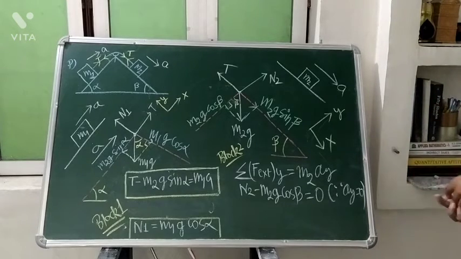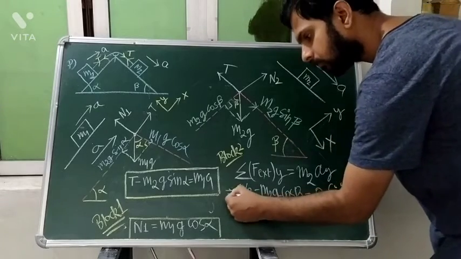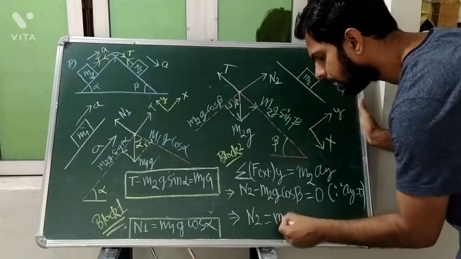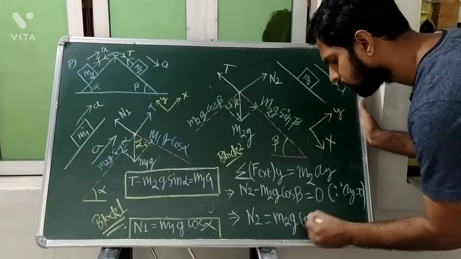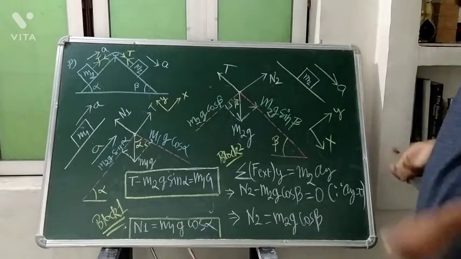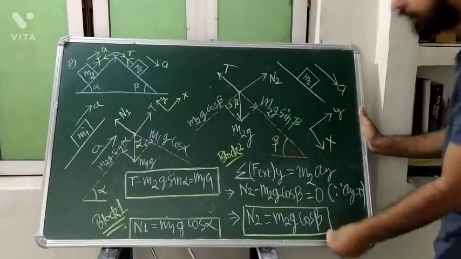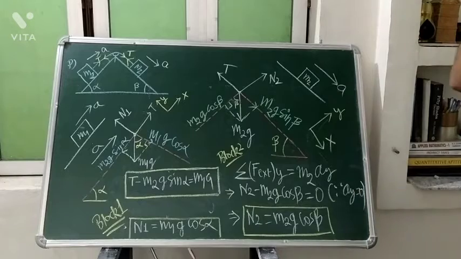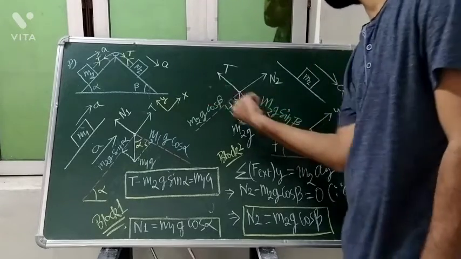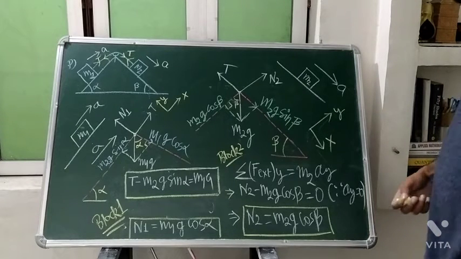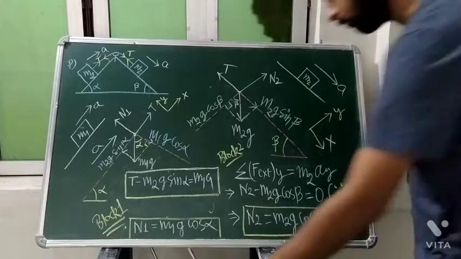So from here we are getting that our N2 will be m2g cos beta. Isn't it? No acceleration is present there, so reaction will be equal to the weight of that object. In this direction it is cos beta. Okay? And can write up to here, or